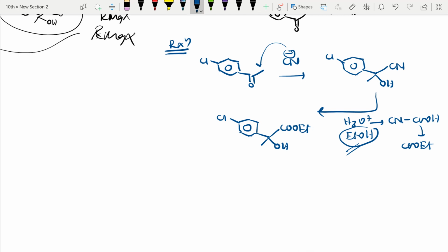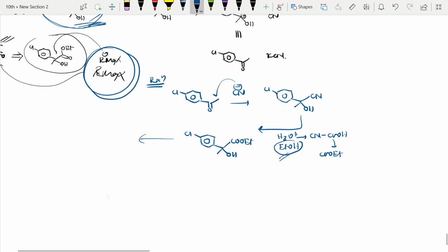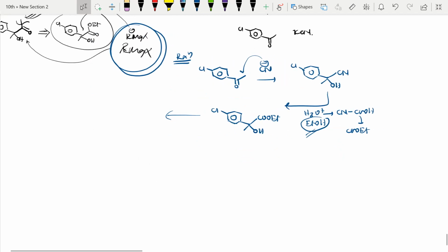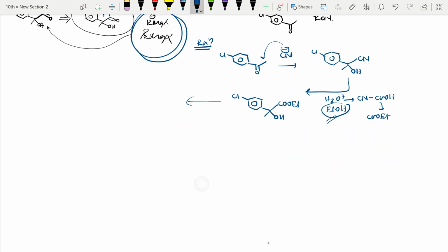So for the further reaction, I want to get this target molecule. So I have told we need to add Grignard reagent. These reactions we have seen. Here the Grignard reagent R should be methyl, because in our target molecule two methyl groups are there. See here, two methyl groups. So I will add methyl RMgX, two molecules. For the reaction, one molecule of methyl will attack this carbon, OEt will leave the system and it will form ketone.